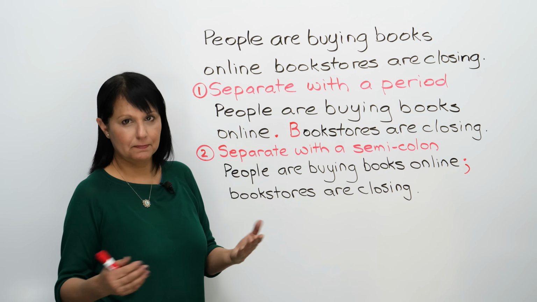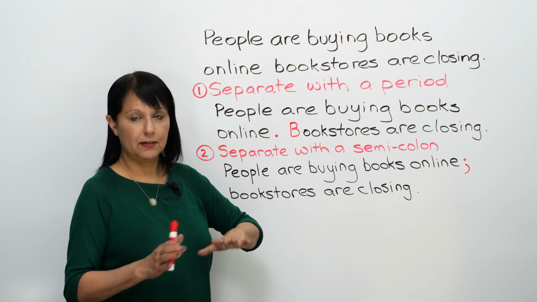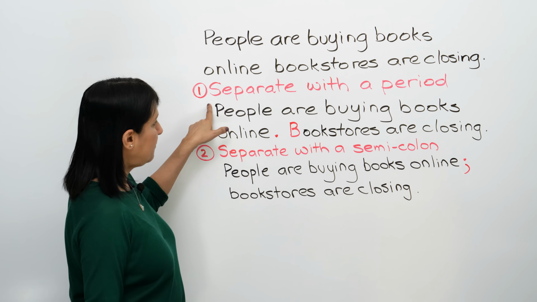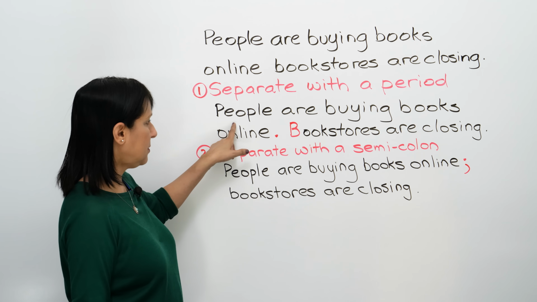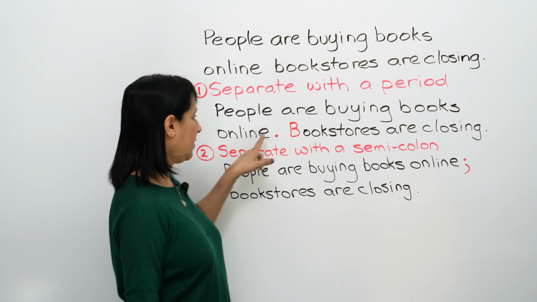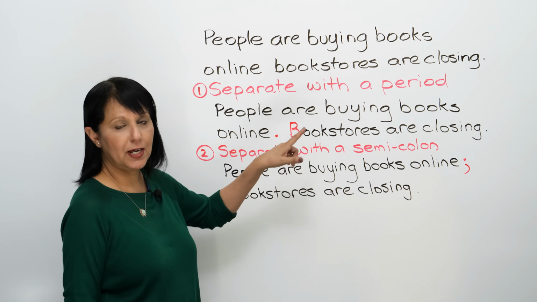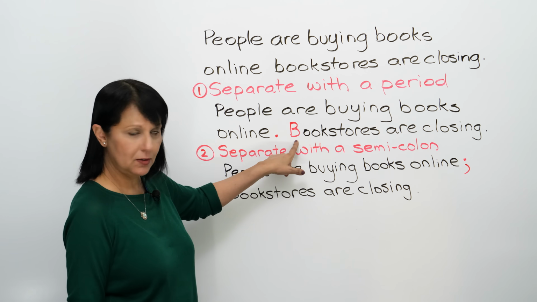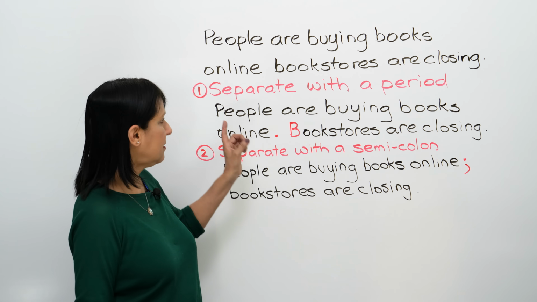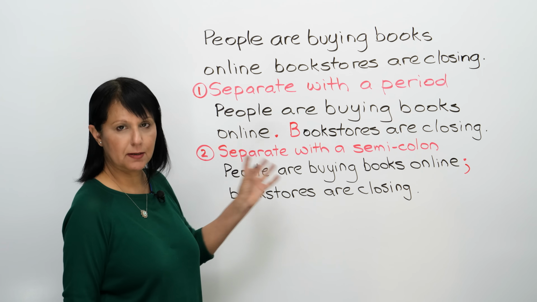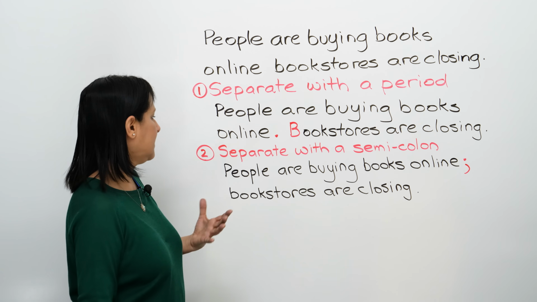So how can we fix it? So here, first, I'm going to show you two easier solutions that you can use. So the first one is to separate the two sentences with a period. For example, people are buying books online, period. And then, of course, because now we have a new sentence, we need to make this a capital. Bookstores are closing. All right? Got it? Separate them with a period. Separate the two sentences and start the new sentence with a capital letter. Second option,